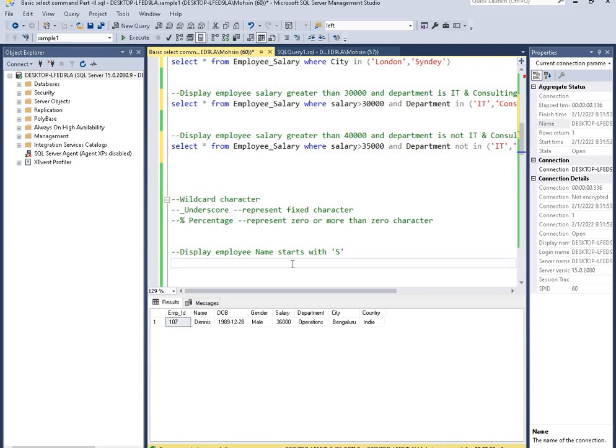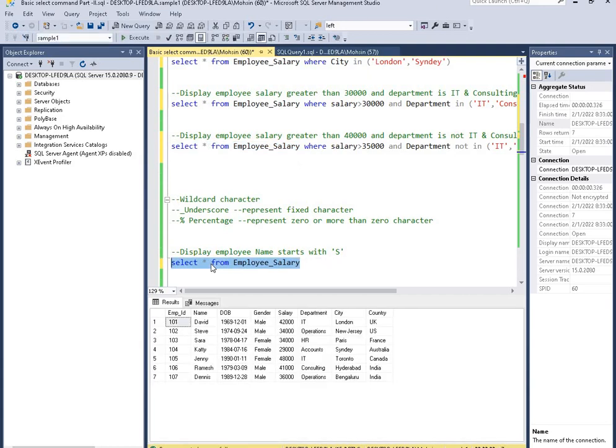Okay, the first question is display employee name start with S. Let me select this and paste here, press F5. Wildcard character, where name... Whenever we are doing this wildcard, we have to use like, because we are not sure.